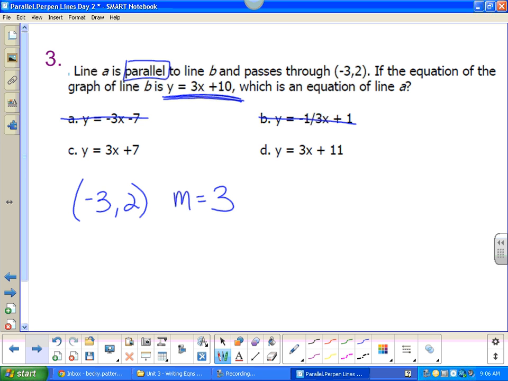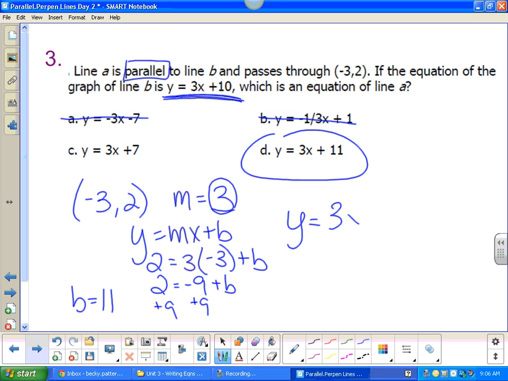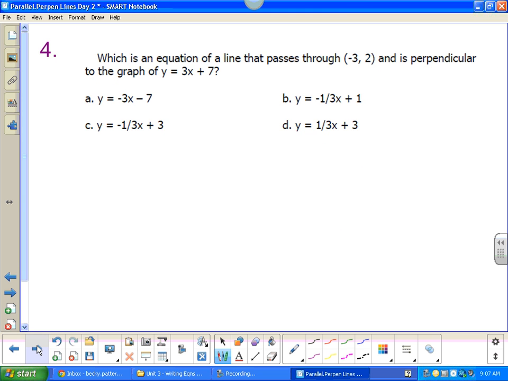To pick between C and D, I have to find my y-intercept. Well, let's look at the information that we've got. I've got a slope, and I have a point, so I can use my y equals mx plus b, plug my x, my y, and my m into this equation and solve for b. So I have b equals 11. So my answer is D, because I would be y equals 3x plus 11,